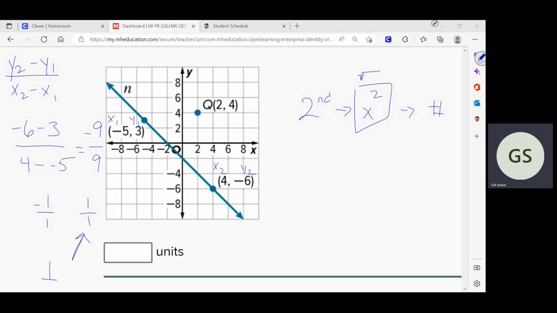So that's the perpendicular slope. And I'm trying to create a line that is perpendicular to this line, but goes through that point. Well, if I start from this point and I just follow the rise and the run,